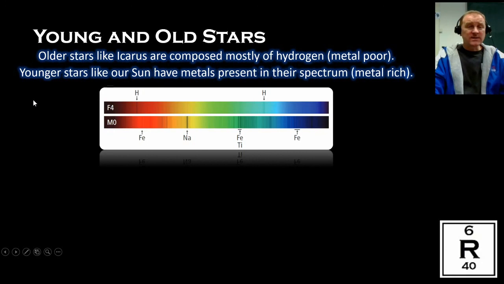Younger stars like our sun have a spectrum of metals in it, and our solar system has metals in it. I mean, I'm wearing a gold ring. This was forged from a star, a supernova, by the way. That's how gold gets made. So the younger stars have metals in them, and the planets around them, or in the case of not our sun, exoplanets, they can have metals in them. They are younger because of what happens: